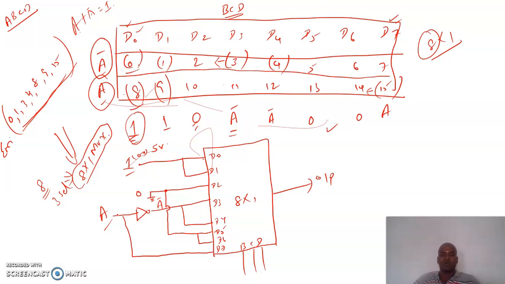So I hope you guys understand. We have discussed 2 topics in this lecture. One is Shannon's theorem, another one is the design of a multiplexer from the given Boolean expression. In the next lecture also we are going to cover a few more topics on multiplexer design from the Boolean expression. Thank you.